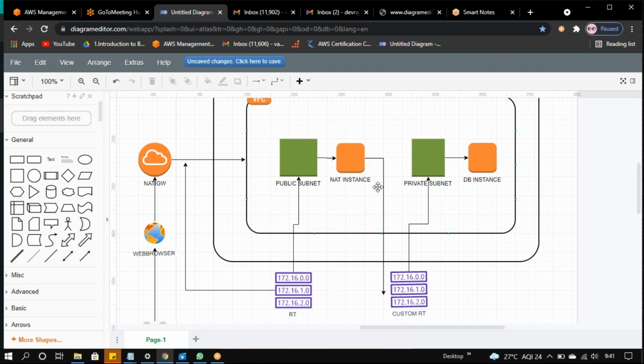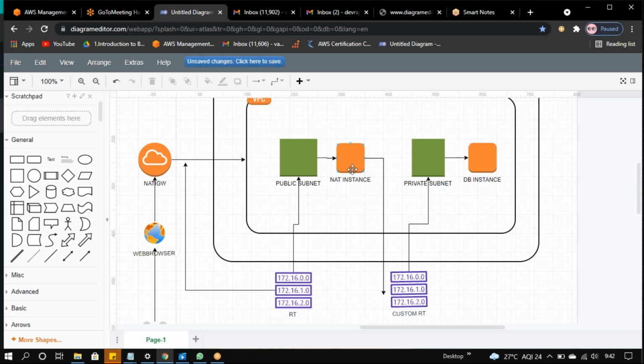What is a NAT instance? Previously, we have only installed an EC2 instance. NAT itself stands for network address translation. In a private subnet, we don't have any internet access. Only public IPs have internet access, private IPs don't. But in the private subnet we have hosted our database. Then how can it reach the internet? We have to apply internet policies. Whatever is applied for this NAT instance, it will reach any internet policies, and it will apply for this database also.